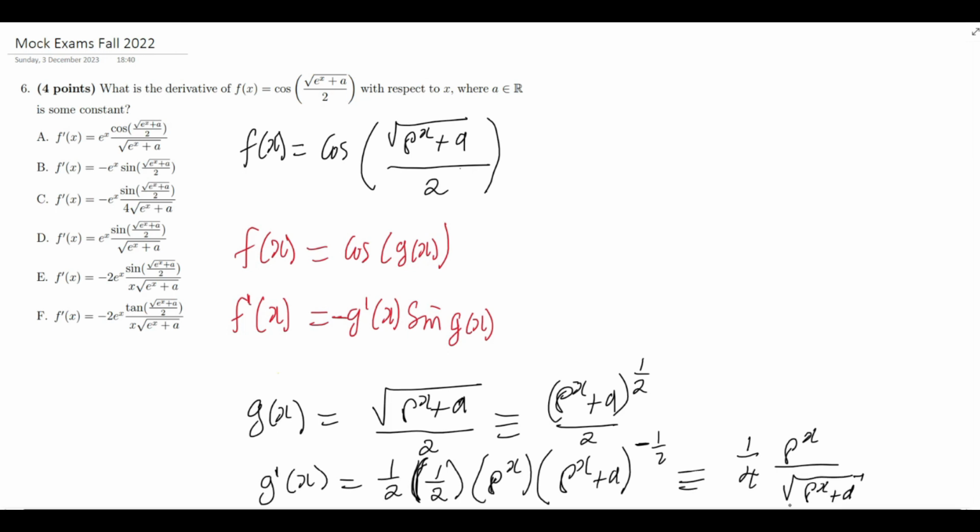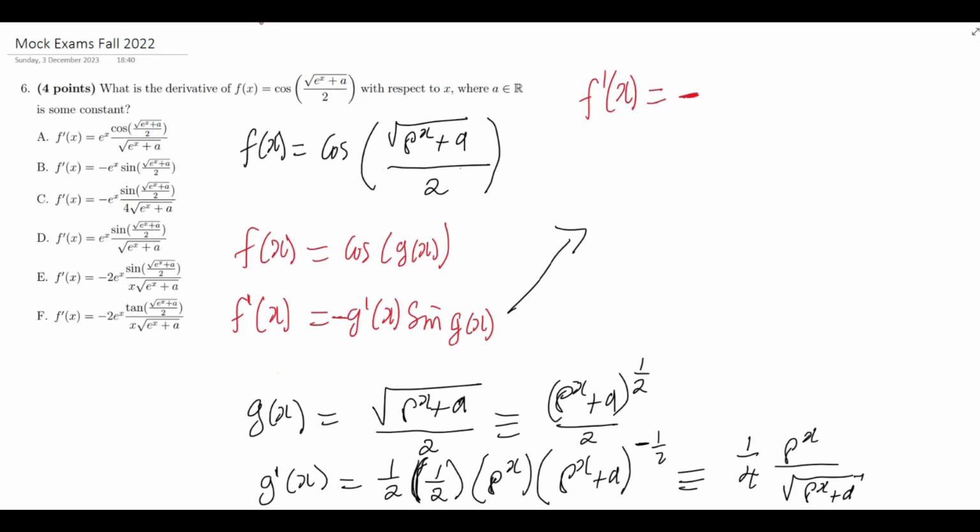Now that is the derivative of our angle, because in this case that's our angle. Therefore, if we want to apply this formula, we are going to have our f prime of x simply equal to negative,